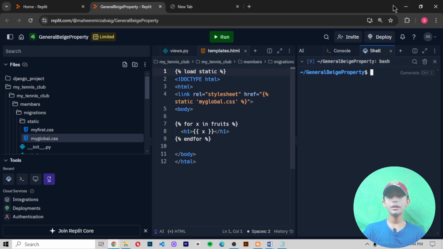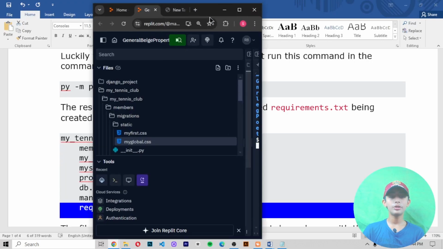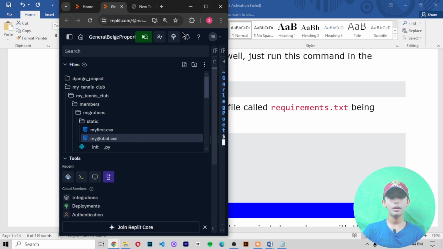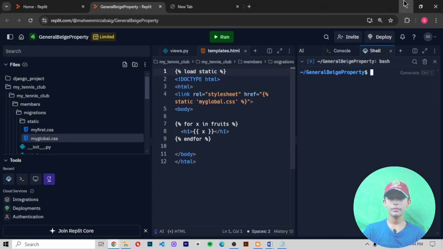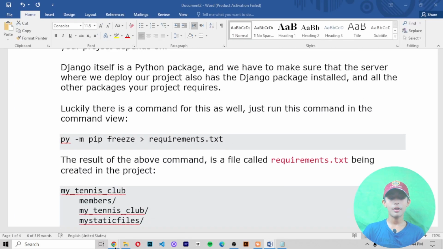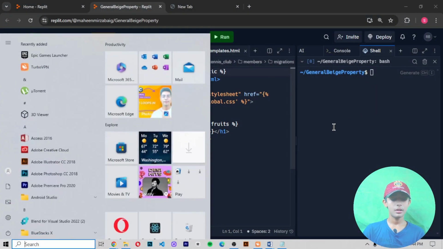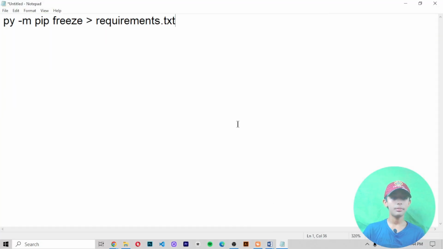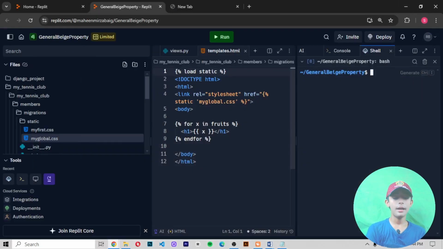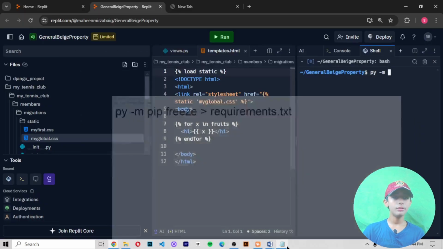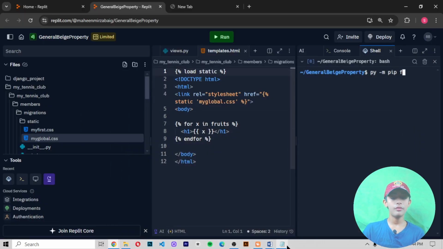So I open that file, and here in my shell, if you are using Replit, you write it in your shell. Let me show you. In your shell, you write this type of command. First of all, let me paste it. Now, py -m, and then you write here pip freeze